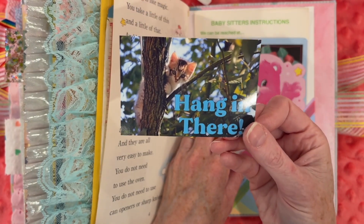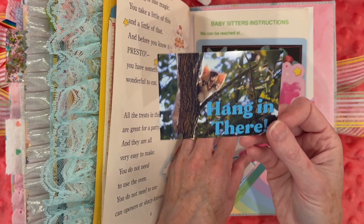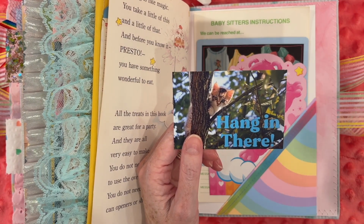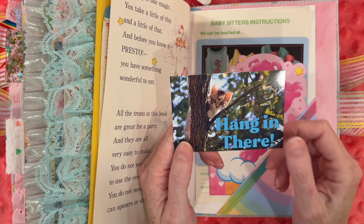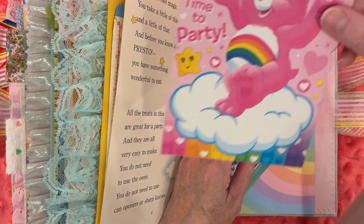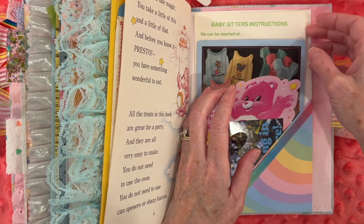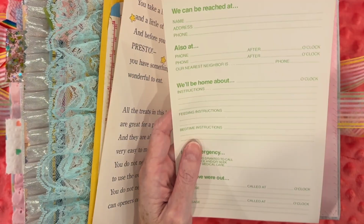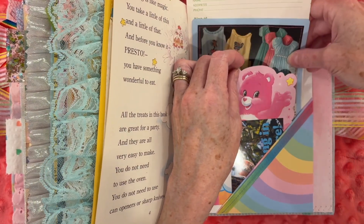Do you guys remember seeing these in your classrooms, orthodontist office, dentist office? Guidance counselor's office. Normally it's a cat hanging from a branch or a pole or something, like barely hanging on, but this is the closest I could find, but you get the picture. And then a Care Bears party invite. Another image from a catalog with PJs, and then another babysitter instruction page with some ombre ribbon on this